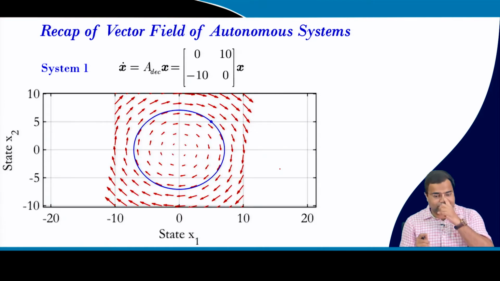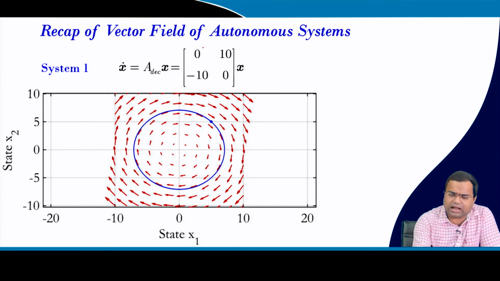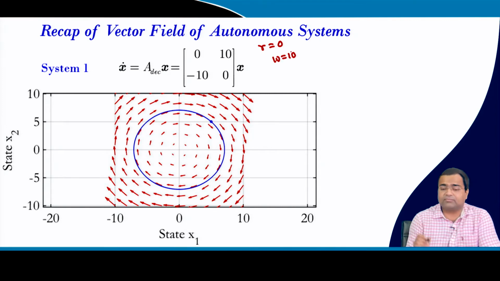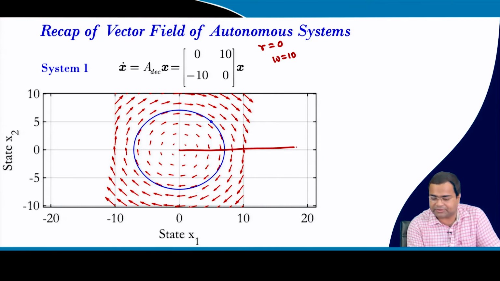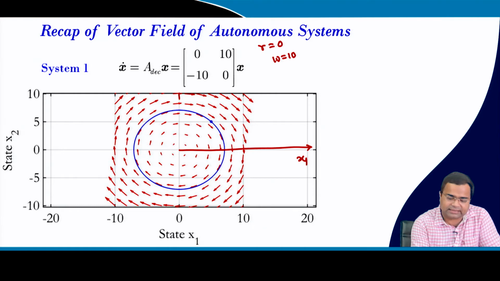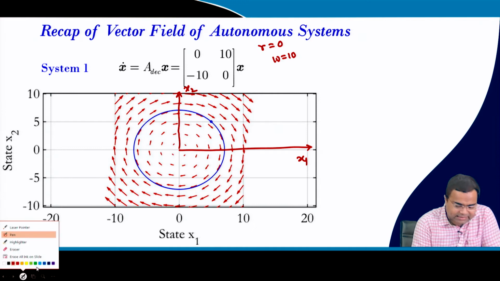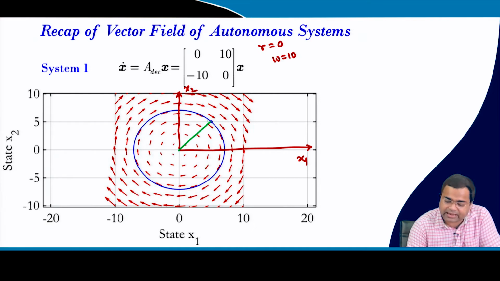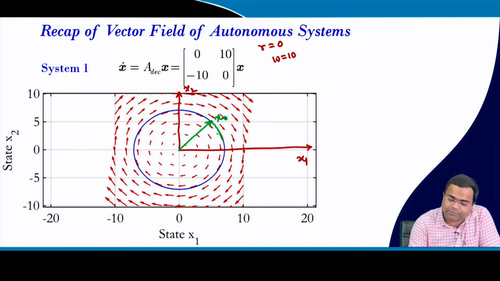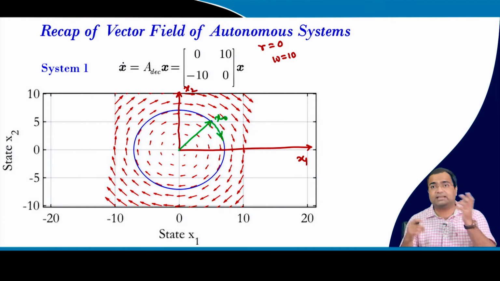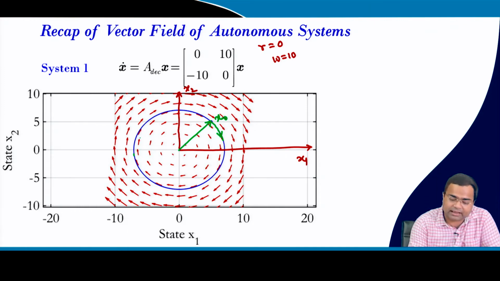Now, this is a vector field where we have considered r equal to 0 and omega equal to 10, and this is in the regular form, where this axis is our x1 axis and this axis is our x2 axis. Now, if we take an initial vector x0, then we have discussed this vector will keep on rotating in the clockwise direction, and since the real part is 0, it will be a circle, which will take this path, that we have discussed.